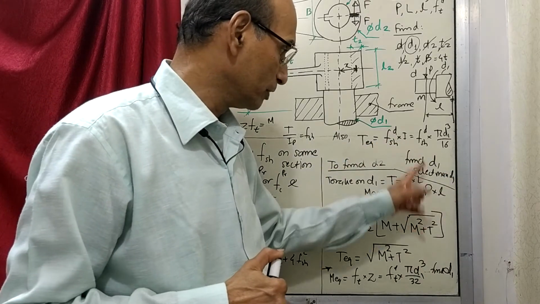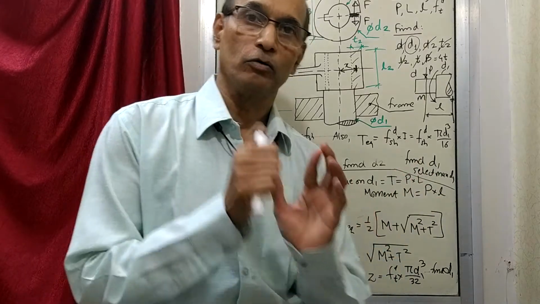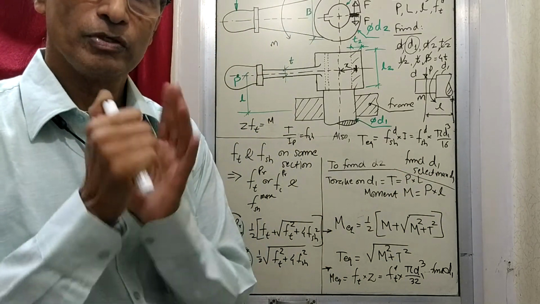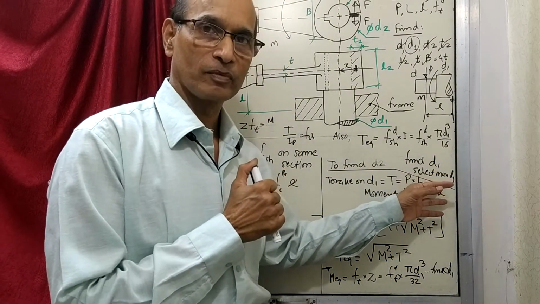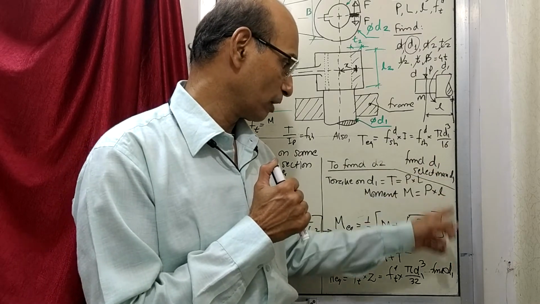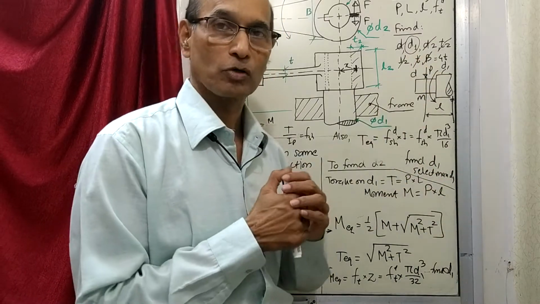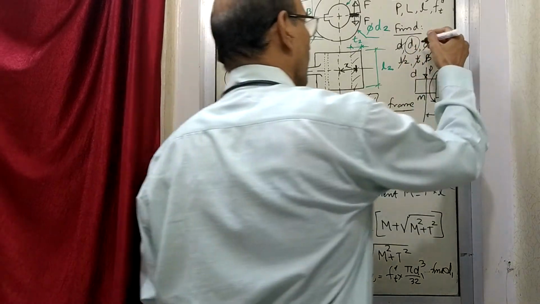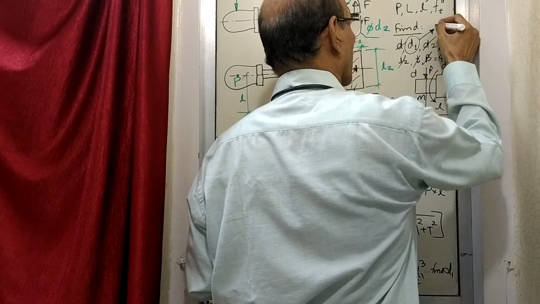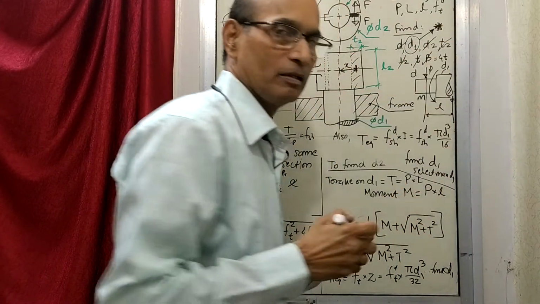And then out of these two ways, we have to find out the case which is the worst case, which is giving the higher size of diameter. So that is, we have taken higher of the two values and done this work. So in this problem, getting D1 was something new for us, which was not there in the earlier exercises.